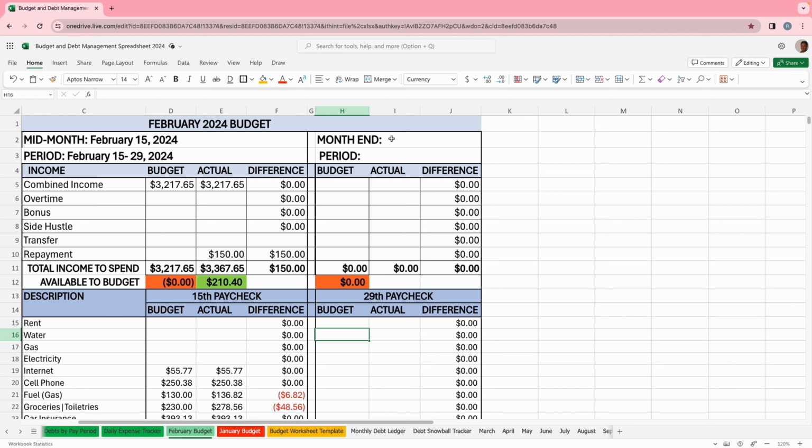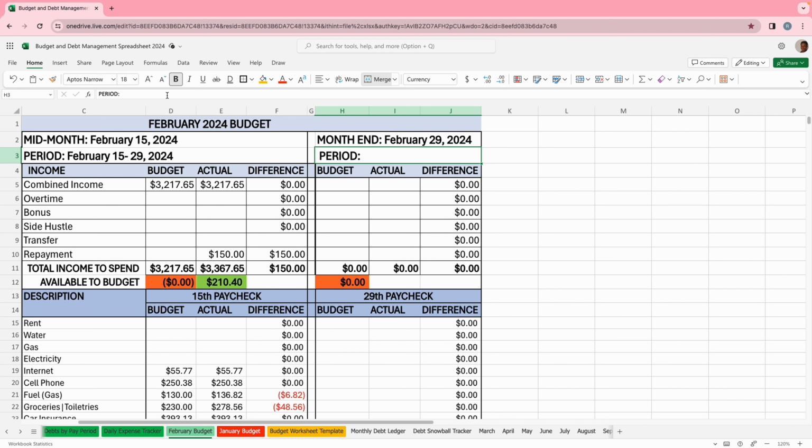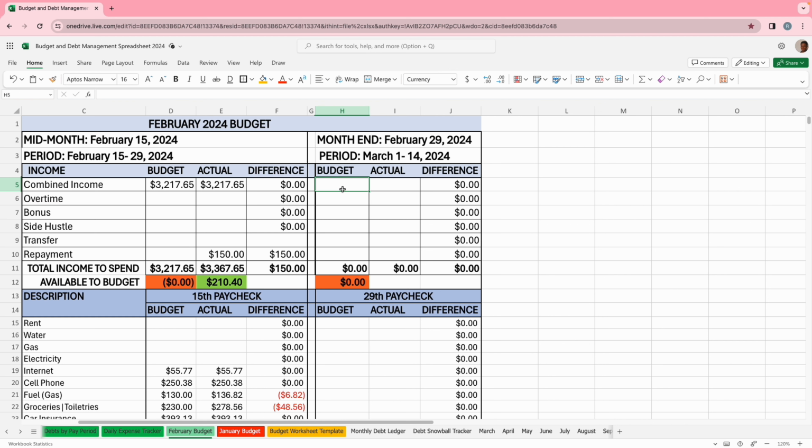Let me just complete the necessary addings. So this is the February 29th paycheck, and this paycheck is supposed to cover March 1st through 14th, so all bills that I have due between March 1st and the 14th of March. Okay, so our combined income is